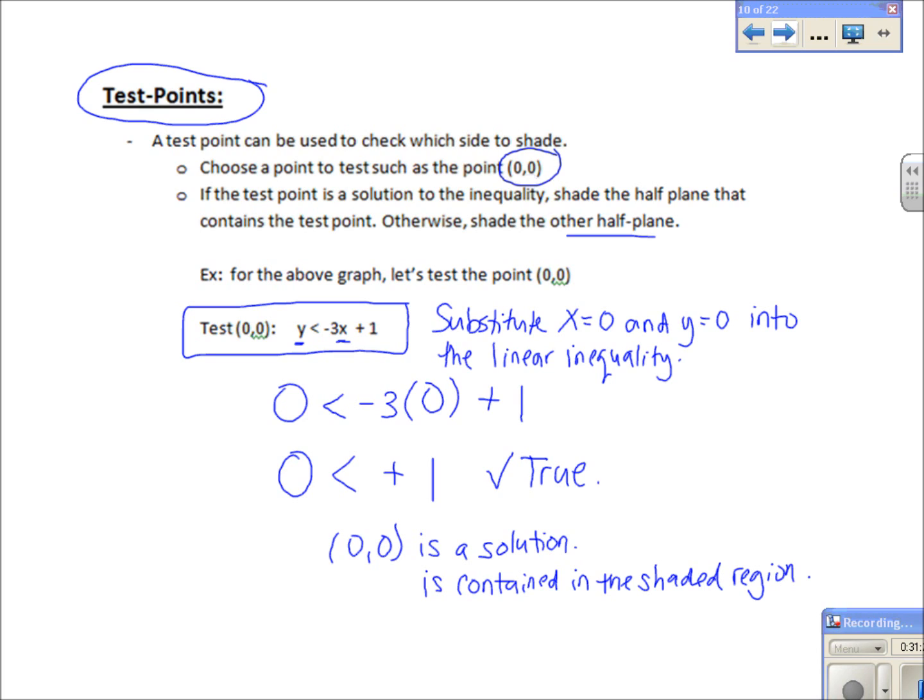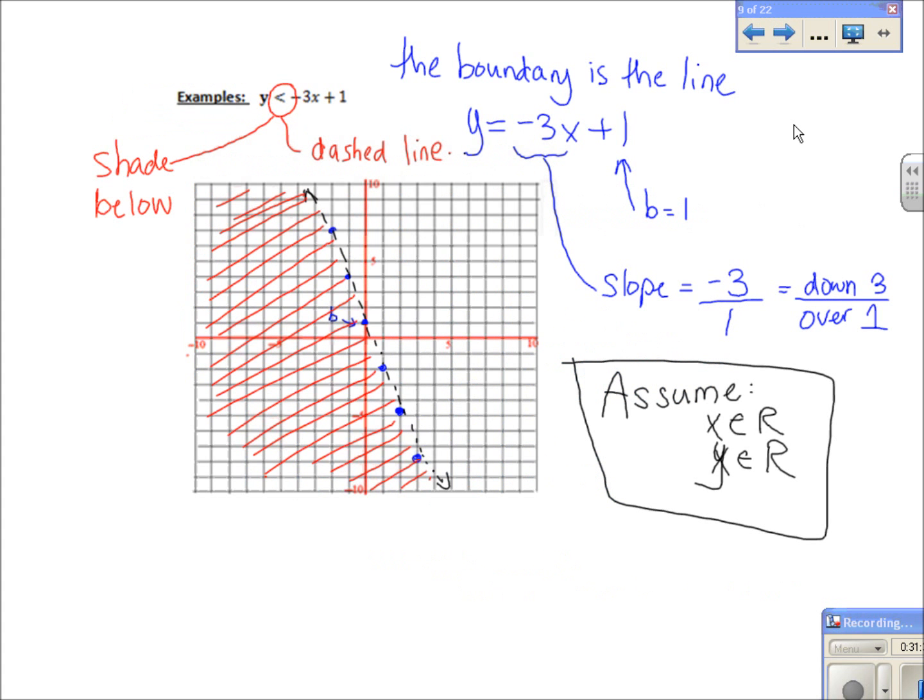If I had gotten an answer that was not true, then I would shade on the side that does not contain the point (0, 0). So if we go back here and have a look at the graph that we just did, if you use the test point (0, 0),